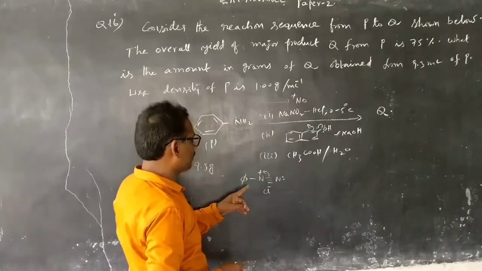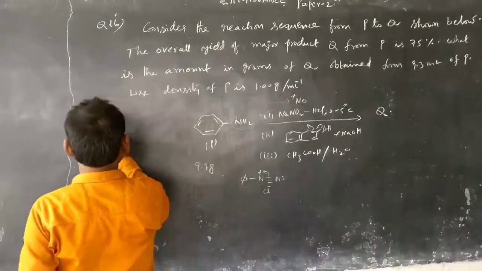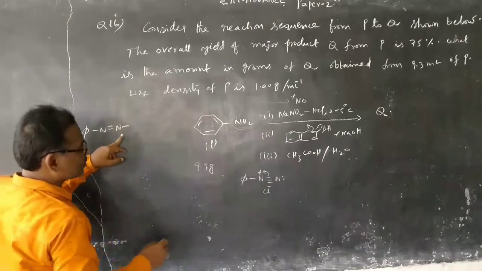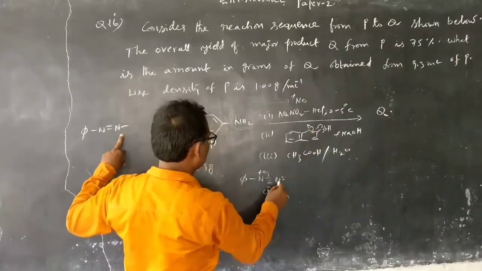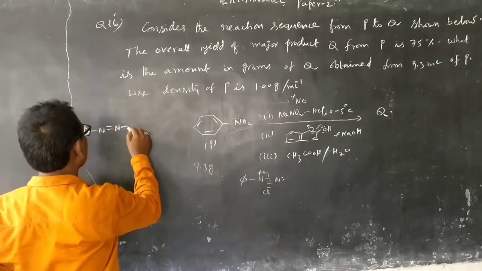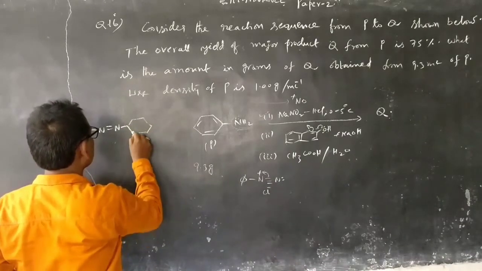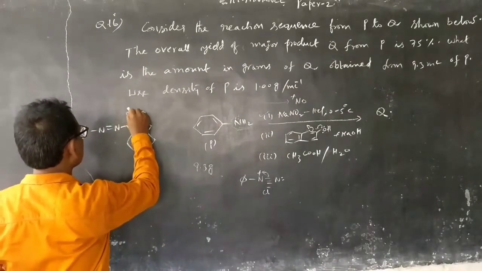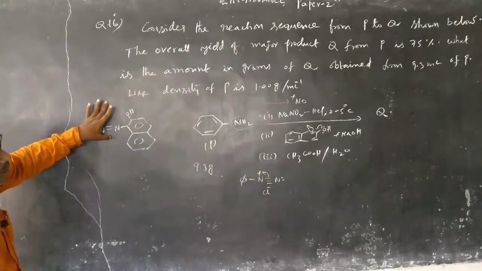The product we can write as benzene with a double bond here, with this nitrogen connected. This carbon is the donor part that is connected to this nitrogen. So you can write benzene, and at the alpha position it is connected to the beta naphthol, with OH. This is the product that results.